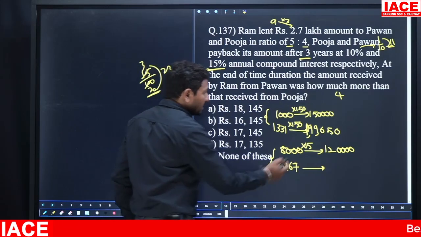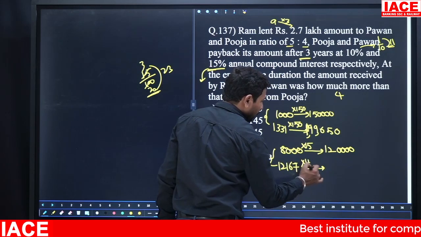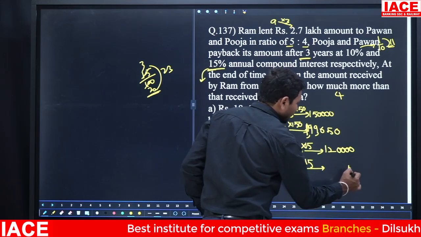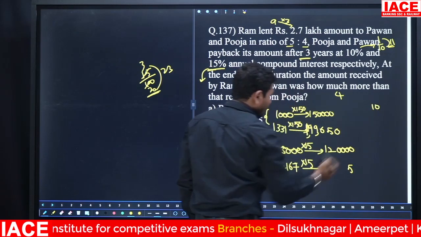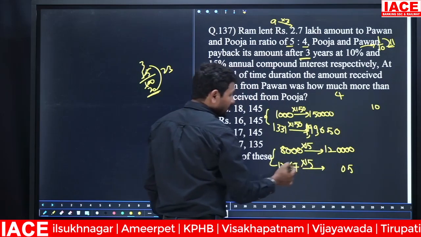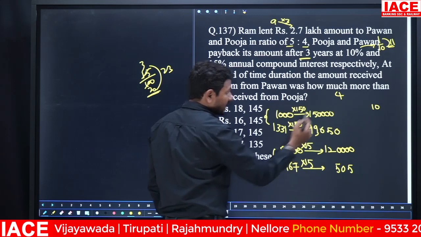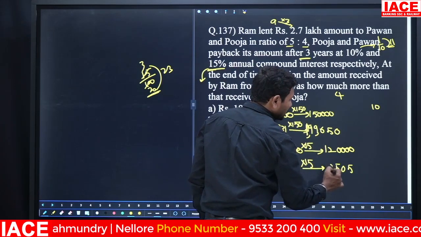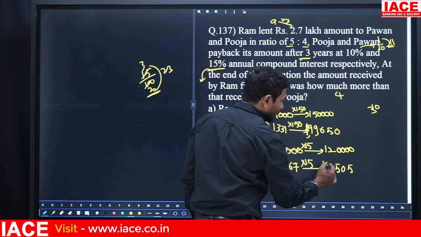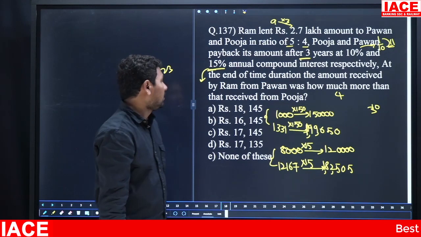Here you can observe that here 150 is multiplied, here 15 is multiplied. 15 times 7 is 105. Carry forward is 10, and 15 times 6 is 90. 90 plus 10 is 100. Carry forward is 10 again. 15 times 1 is 15. 15 plus 10 is 25. Carry forward is 2. 15 times 2 is 30. 30 plus 2 is 32. Carry forward is 3 now. Then 15 times 1 is 15. 15 plus 3 is equal to 18. 1,82,505. This is the amount for the second person.